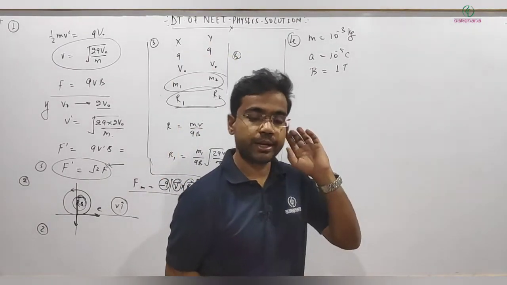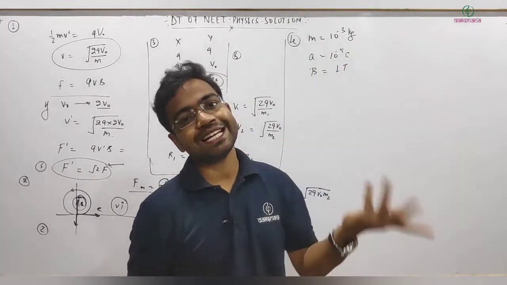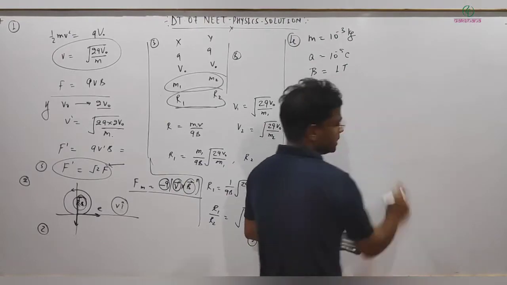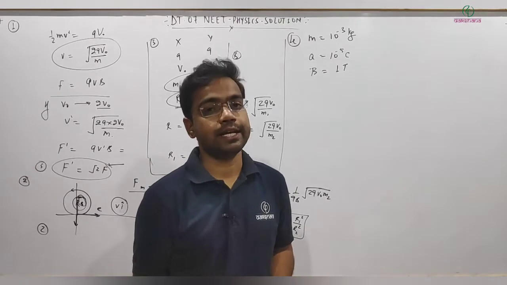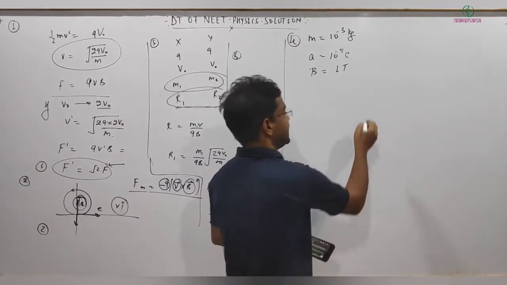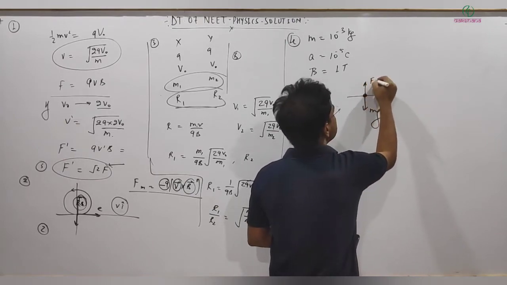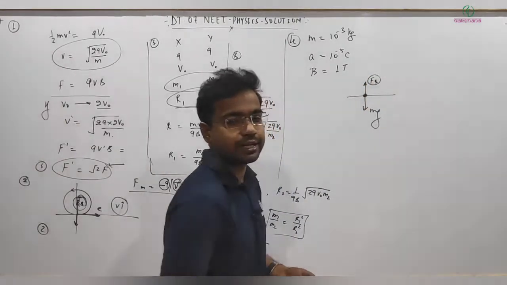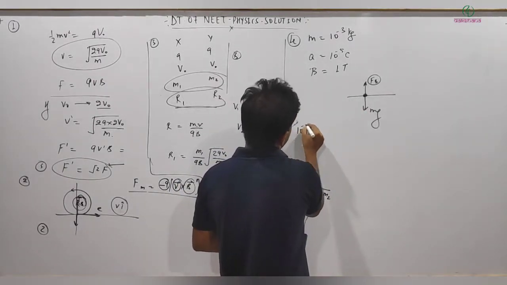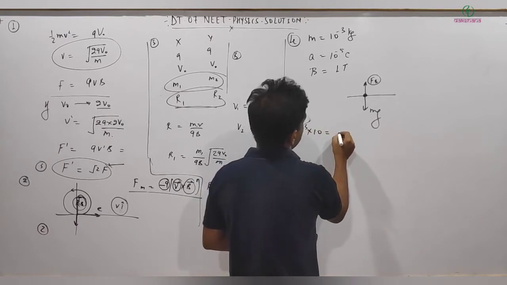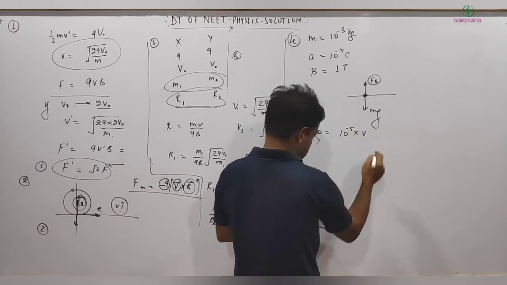So in this case, one is the gravitational force acting, and the magnetic force is exactly opposite to the gravitational force. Here you are not supposed to bother about the direction of the magnetic field, it is automatically settled in such a manner that it exactly cancels out. So the particle is moving, mg is acting downward, then the magnetic force must be acting upward, that will cancel out. So we just need to balance it. So mg, m we know is 10 to the power minus 3, g is 10, should be equal to q, which is 10 to the power minus 5, into v, velocity,